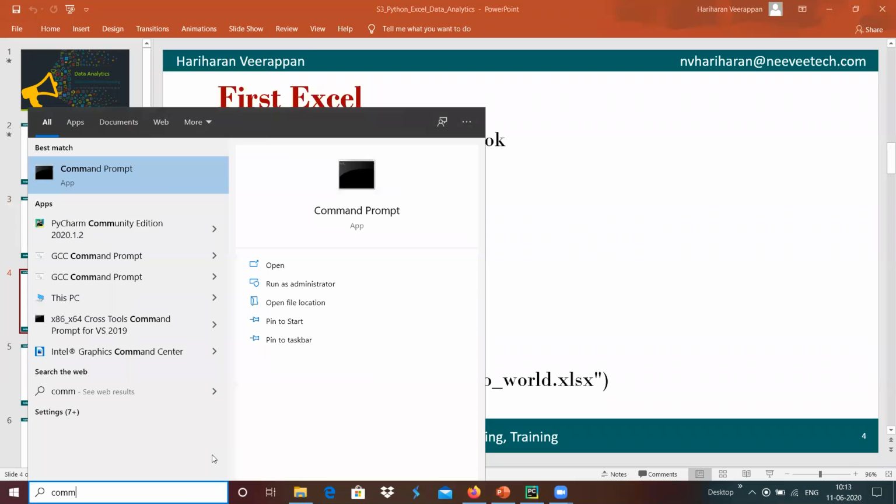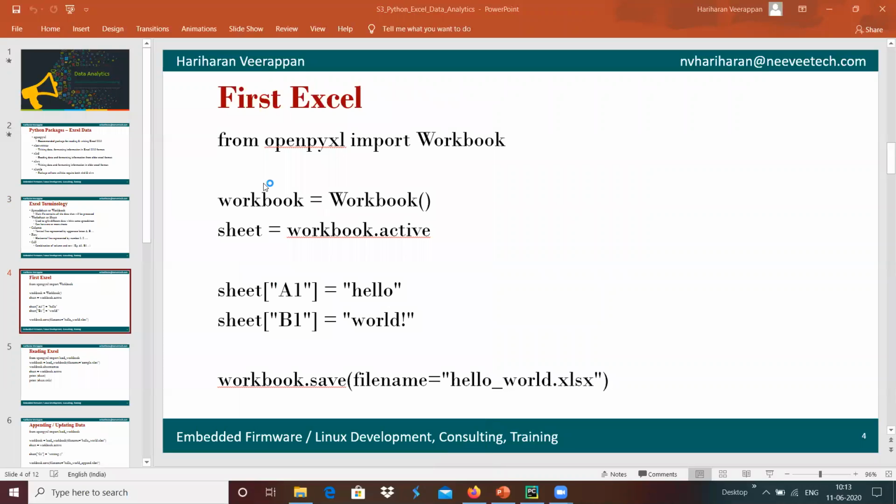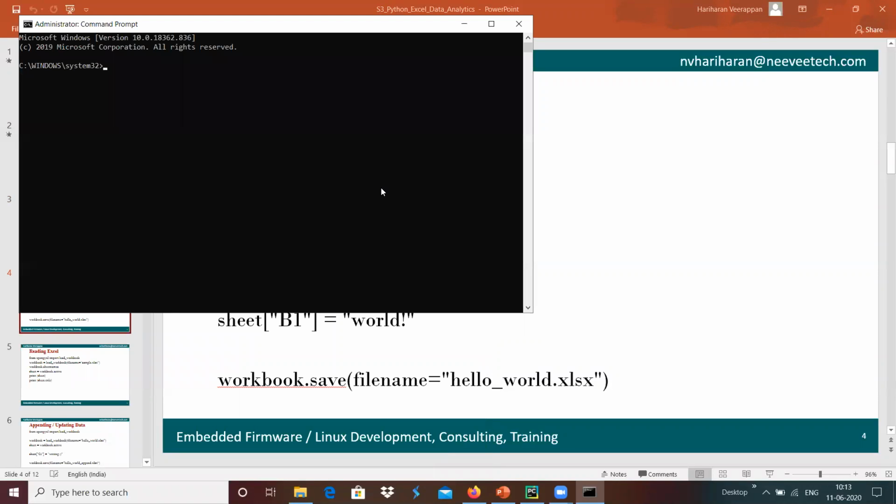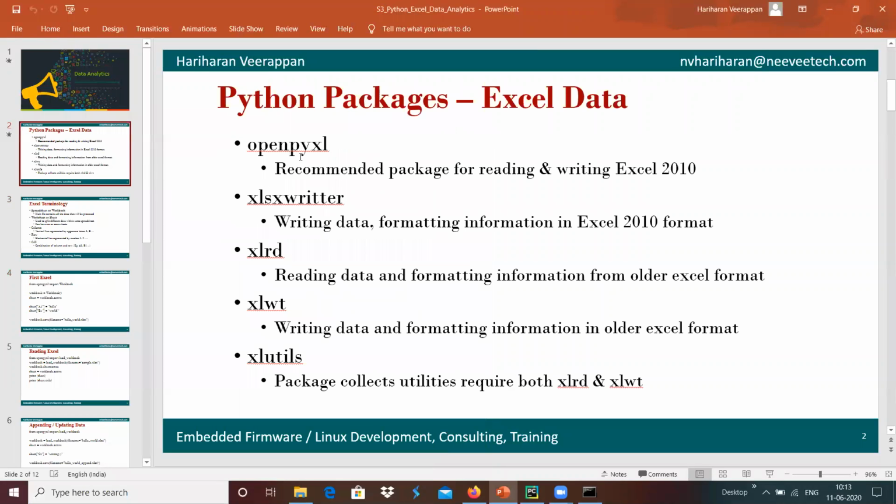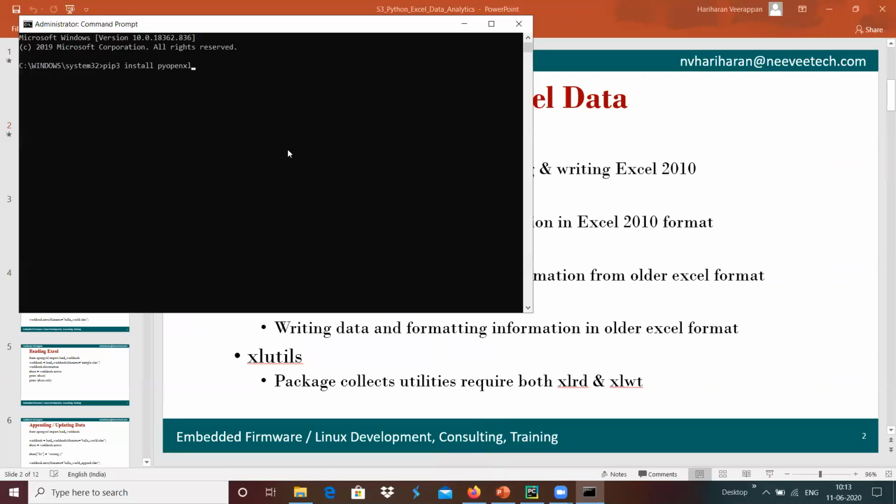We have to open the command prompt in administrator mode, and we can use pip3 install openpyxl. The package name that we are going to install is OpenPyXL: pip3 install openpyxl.